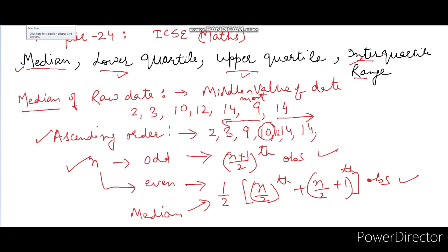So students, now I take up the formulae and the meaning of lower and upper quartile. First of all, let us start with the lower quartile, and I will tell you the meaning of this term first. Lower then upper, but try to understand first of all.